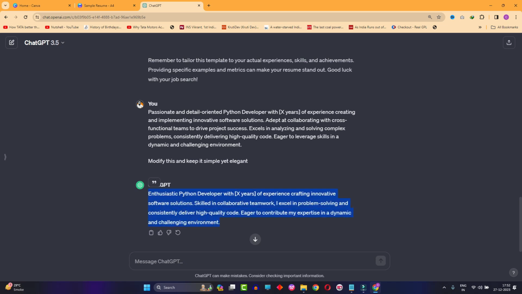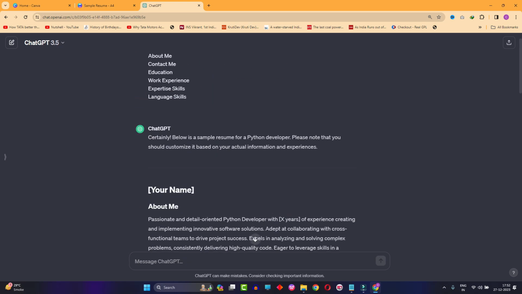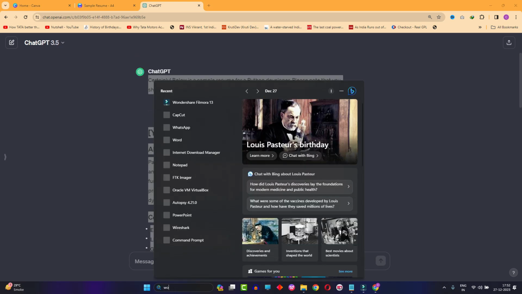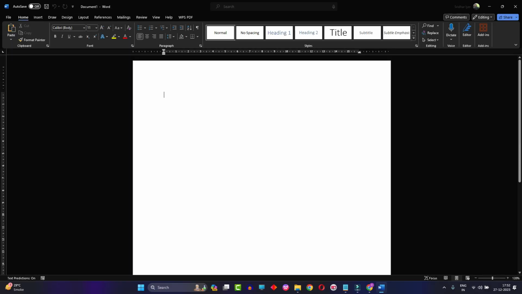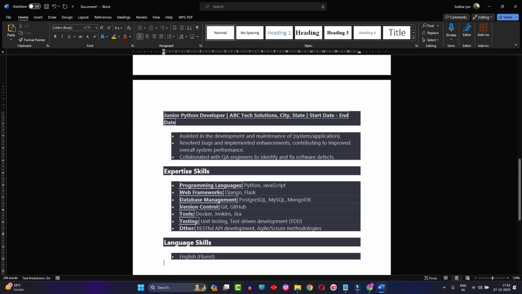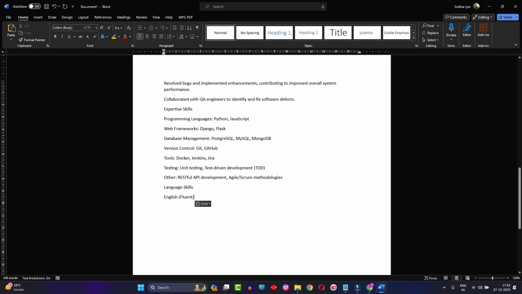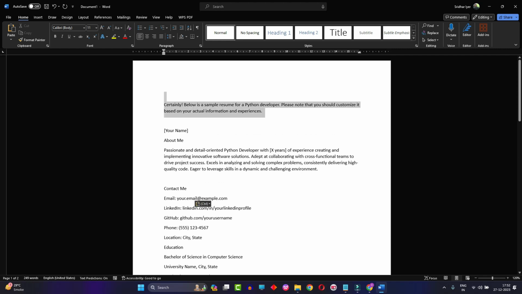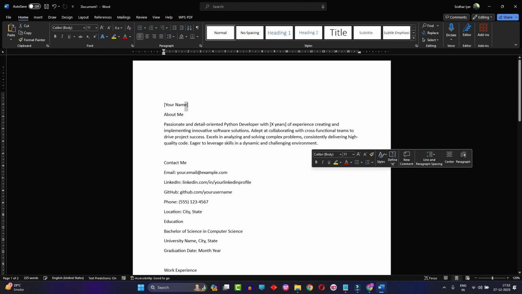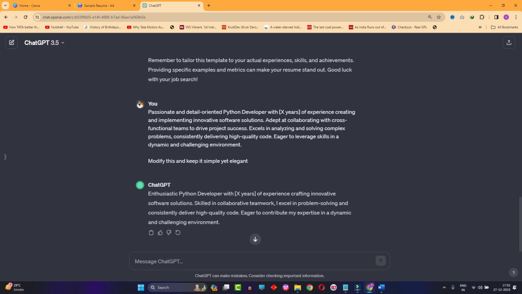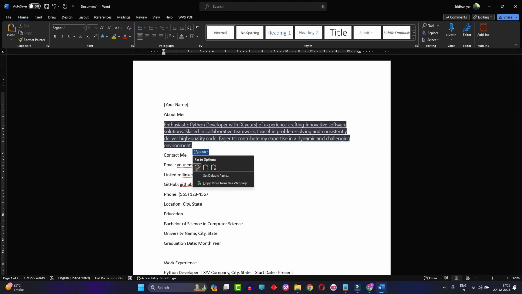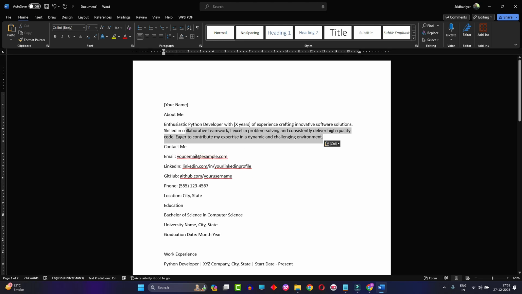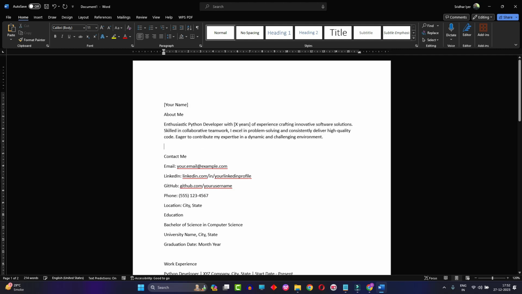So you can simply copy this, or what I would suggest is you can copy this entire thing, go to MS Word, our second best friend. We have been using MS Word since our 10th class, 12th class, right? Or even before that. So simply copy it. Now make changes accordingly. So if you like the second about me section, you can simply copy that, paste it over here, make changes accordingly in the Word format, finalize it,